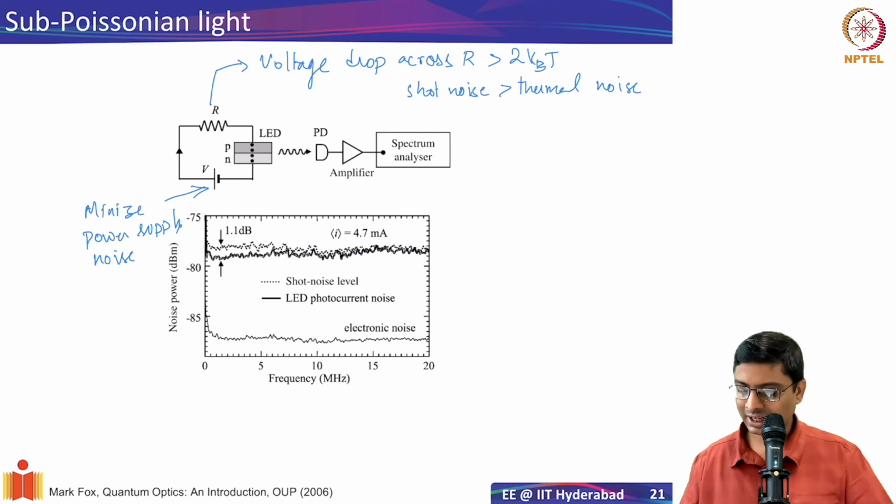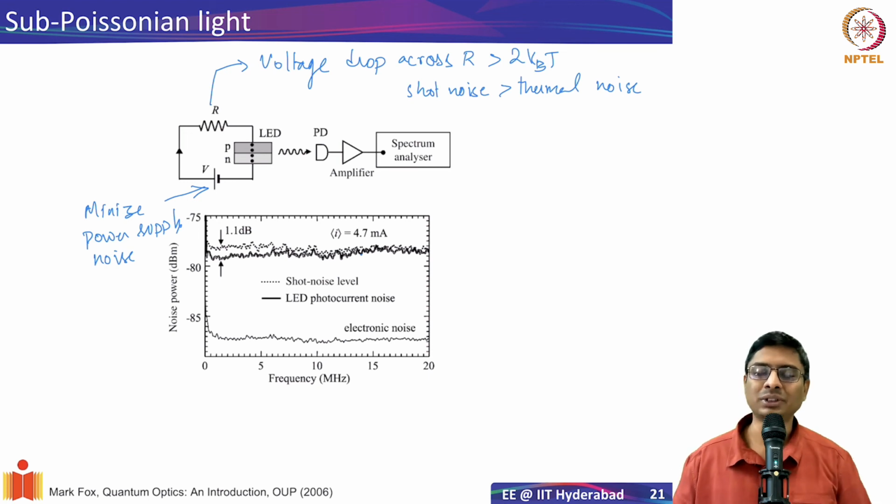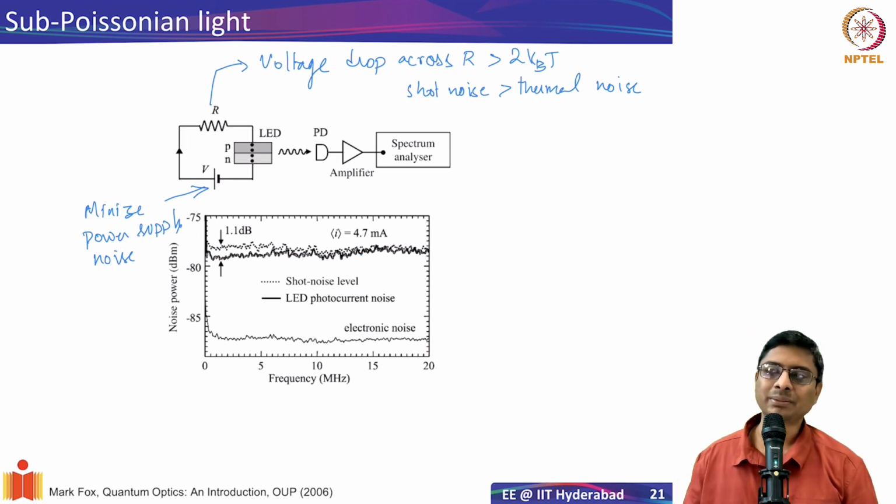All right. Actually, ideally, I guess this is already balanced detection. I'll have to carefully look at the source. This is from this book, but I think this should be a balanced detector because you're not seeing the 1/f noise here. More or less, it's flat. That means it's a balanced detection scheme. It's schematically illustrated like this, but there are a lot of details involved. Then you see that it is lower than the shot noise. That means the photocurrent noise is lower than the shot noise, so we can conclude that it is emitting in the Sub-Poissonian range.